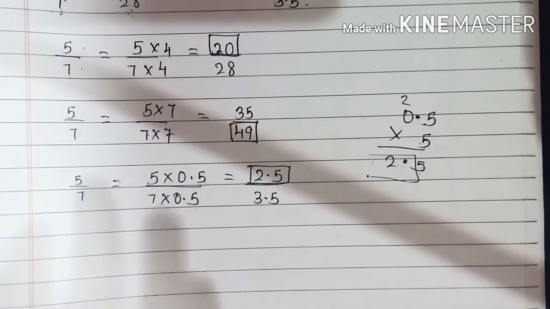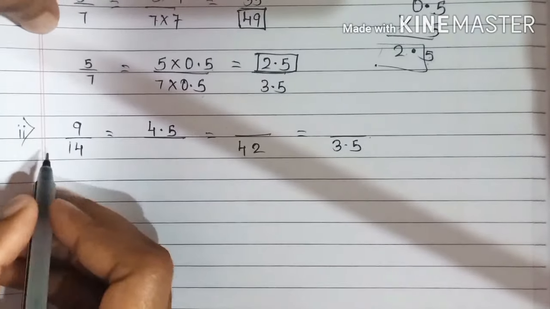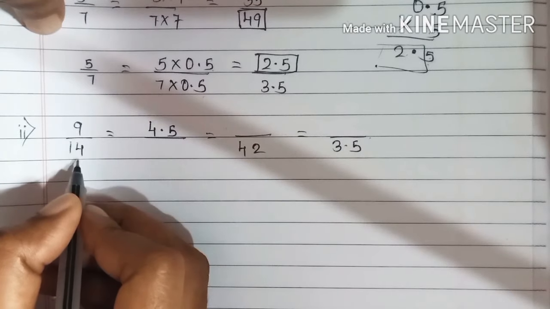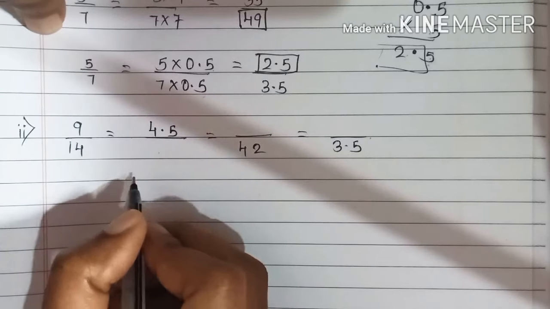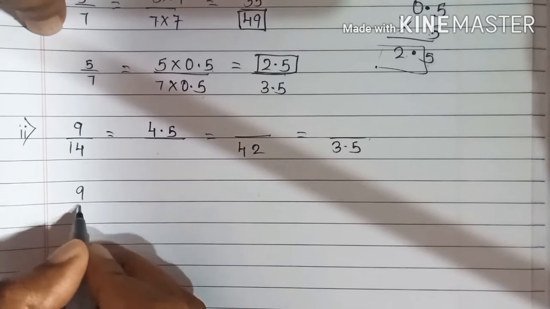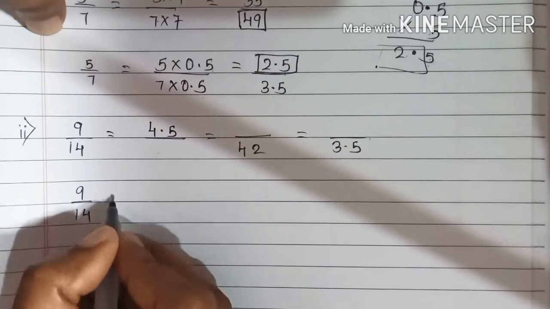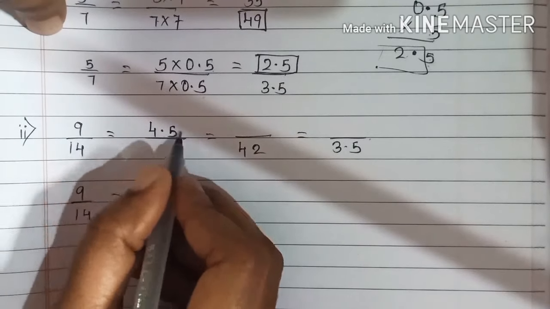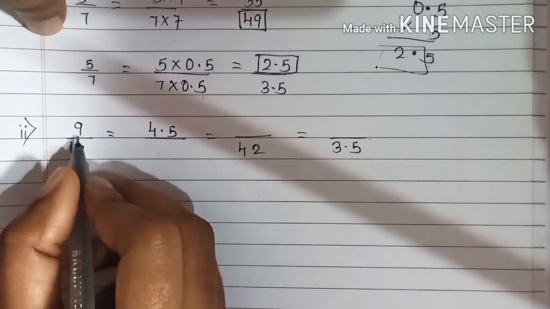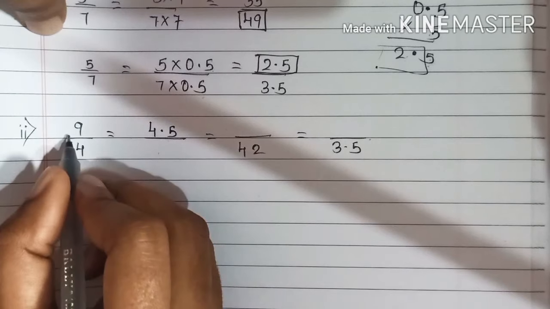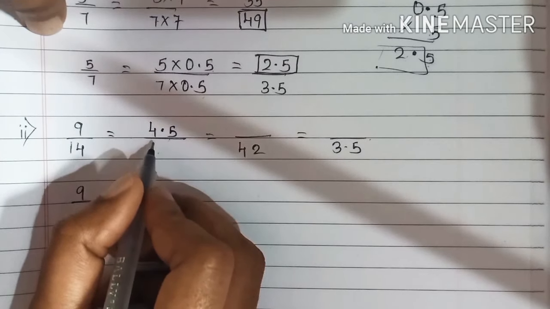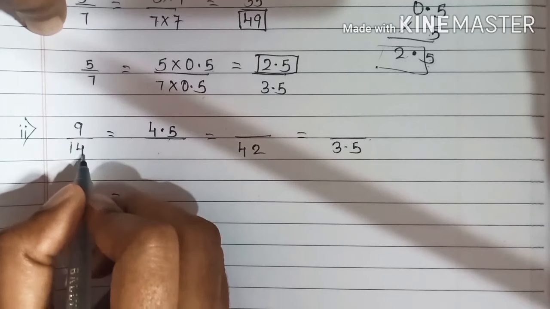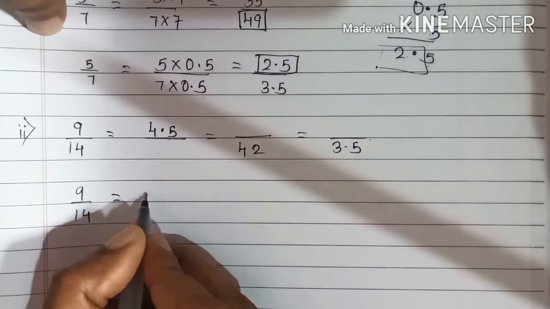Okay, let us see the second question. Here we have 9 upon 14. The numerator is 4.5. We want the denominator here. So first of all we will write the ratio which is given, 9 upon 14. Let us consider it is 45, and 9's table consists of 45, that is 9 5s are 45. Because the point is there, we will take 0.5. So numerator and denominator will multiply by 0.5.